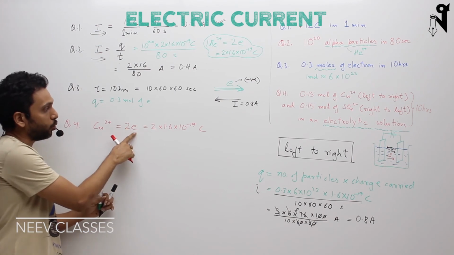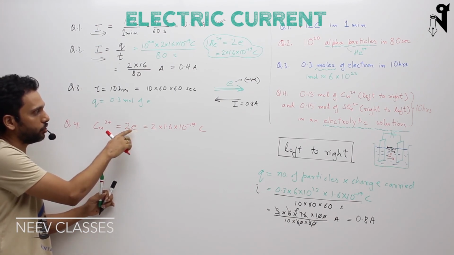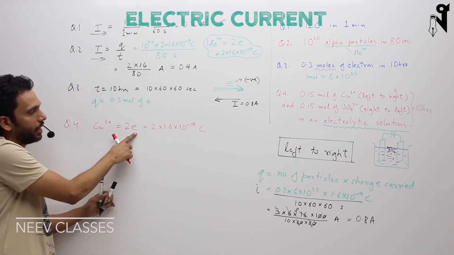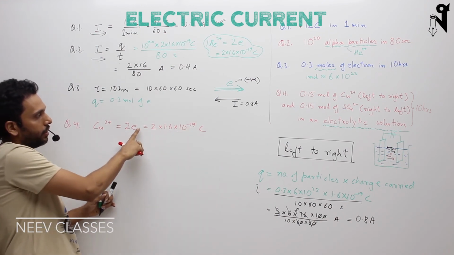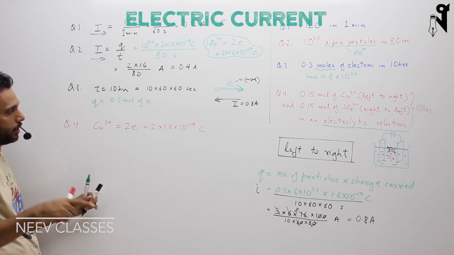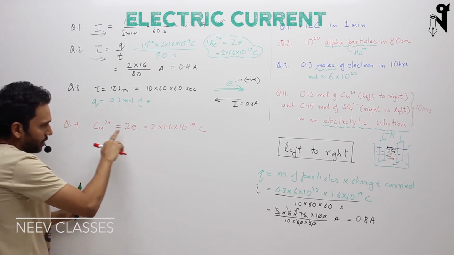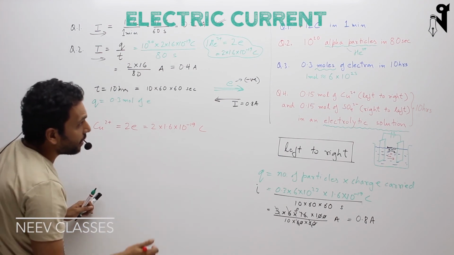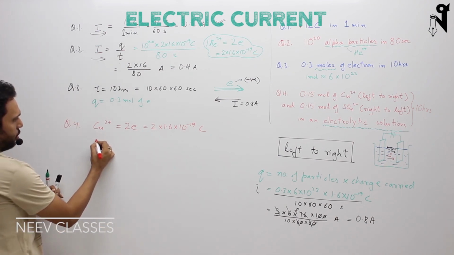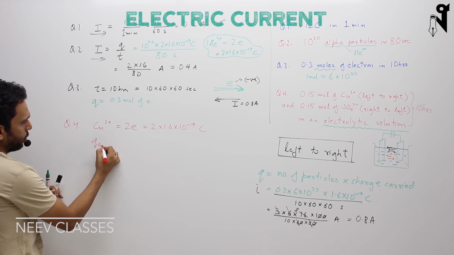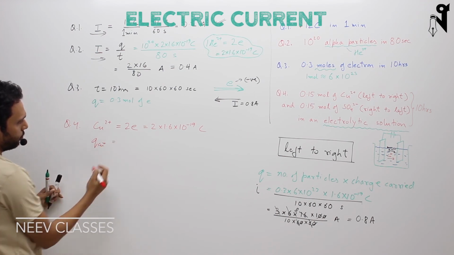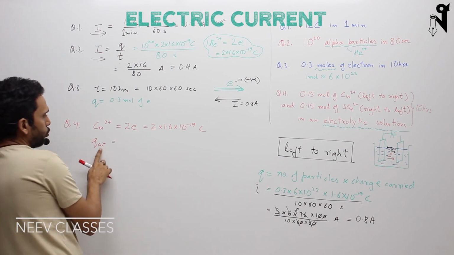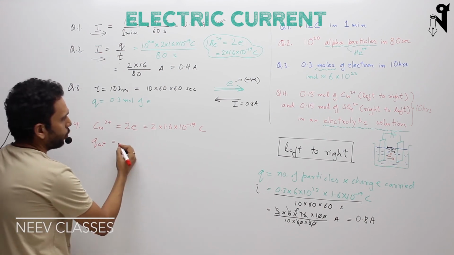You see, I don't write 2e coulombs. e is itself 1.6 into 10 power minus 19 coulombs. So e has a unit; that elementary charge is a unit. So the charge carried by copper 2 plus is so much. How many of them are there? So the total charge constituted by copper 2 plus, let me write it as Q of Cu 2 plus, cupric, is equal to